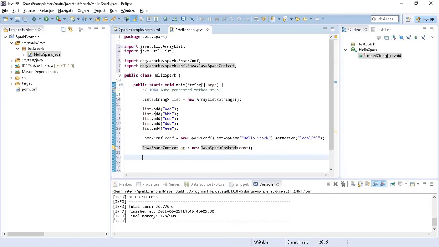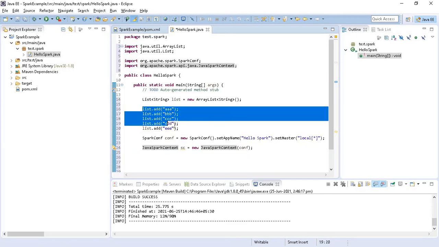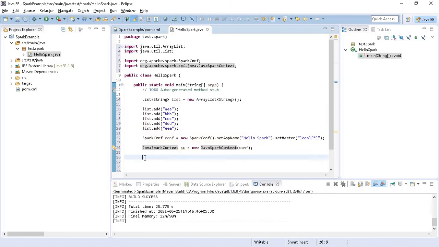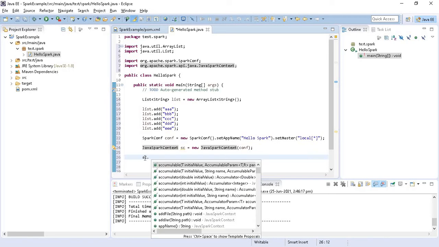Now next thing is we have a small dummy set of data, and with the help of this data we are going to create an RDD. What the RDD is, we are going to see in the next video tutorial. This is just to check whether Spark is running properly or not.